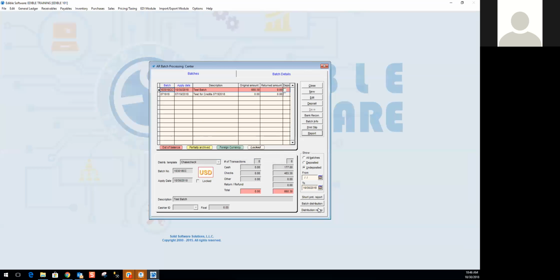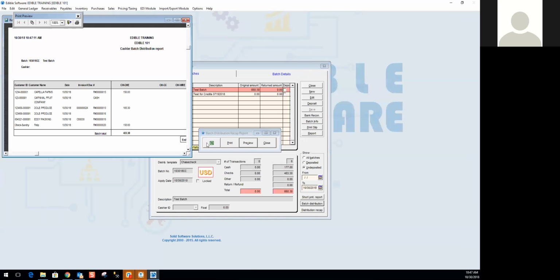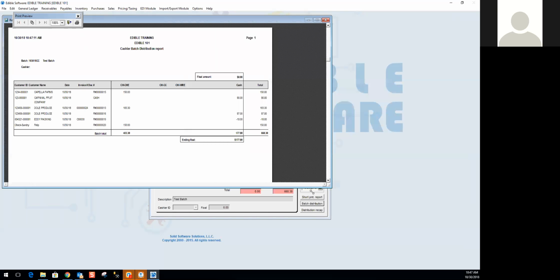And then down here, we actually have some specific batch reports. So here we can see a short payment report. If there was a short payment in a batch, we can see that information. If we wanted to see, like I said, you can have batches separated by payment instrument, or you can distribute as much as you want in a single batch, like I did in this example. So if I come to batch distribution and I preview this, and of course you can export this to Excel as well, this is just going to show me